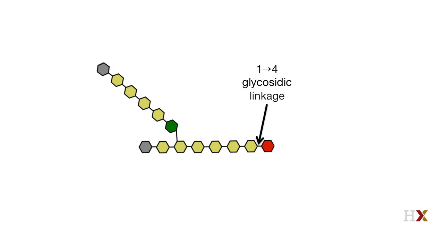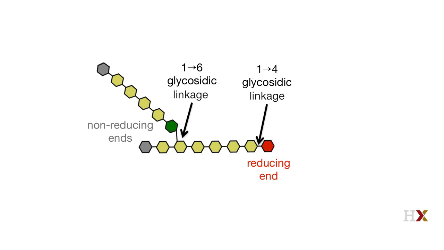Then the complexity of the structure is increased by the addition of branches that are linked by a 1,6 glycosidic linkage. The consequence of this extensive branching is that for one molecule of glycogen, you have one reducing end, but numerous non-reducing ends,